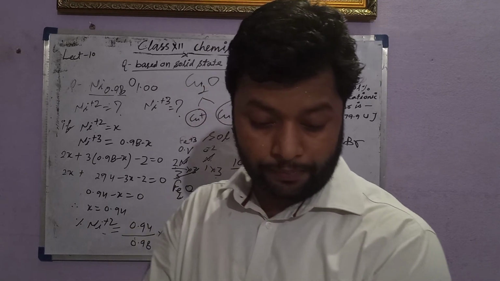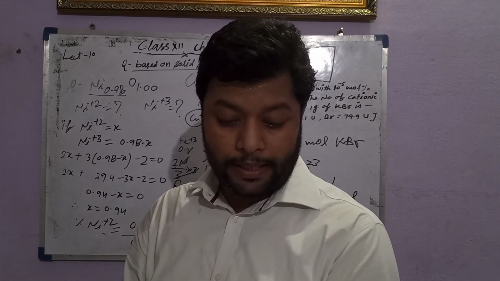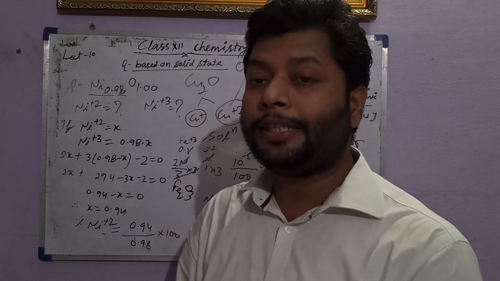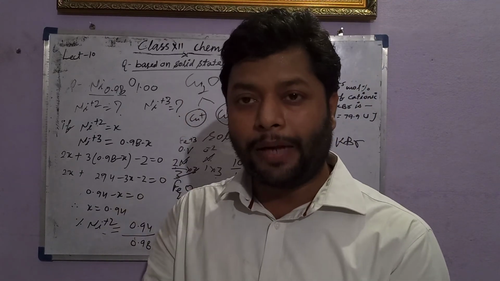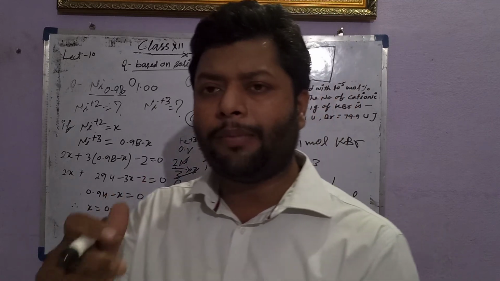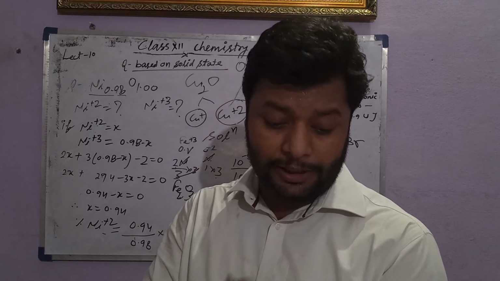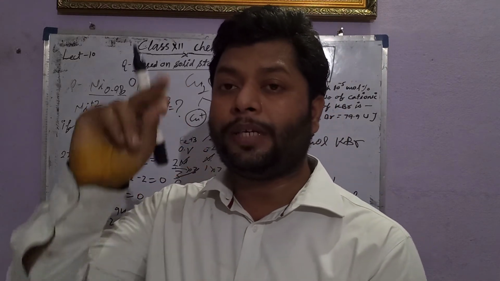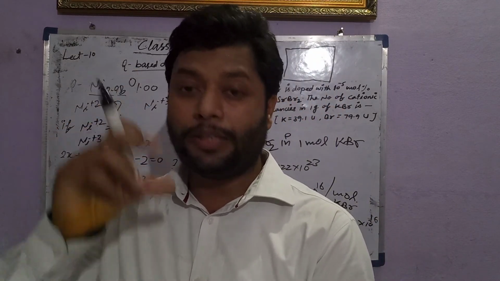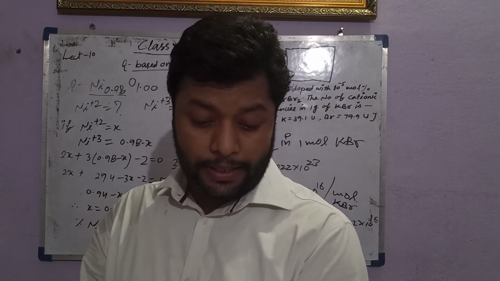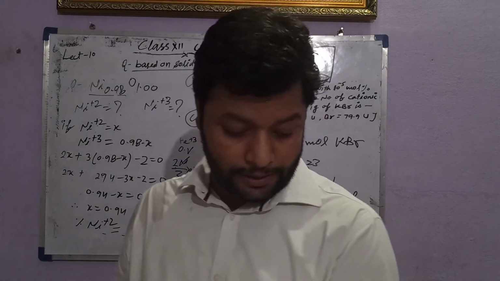In terms of band theory, what is the difference between a conductor and an insulator? In a conductor, there is no energy difference between the conducting band and the valence band. There is sometimes overlapping between them, sometimes partly filled orbitals, but in the insulator there is a forbidden zone between the conducting band and the valence band. Forbidden zone, a large energy gap between them. Between a conductor and a semiconductor, the same thing. In a semiconductor, there is a small energy gap between them.